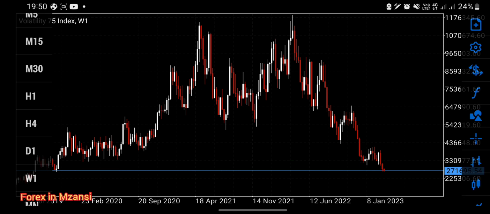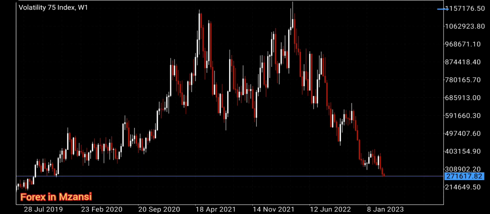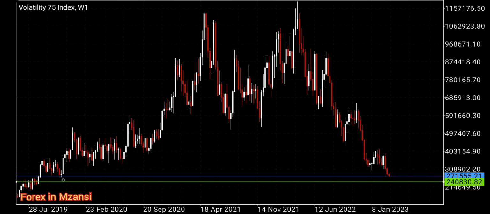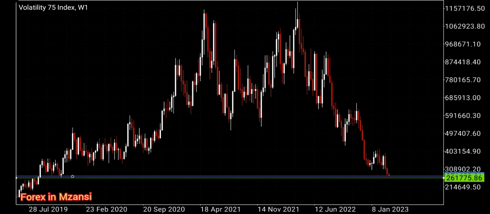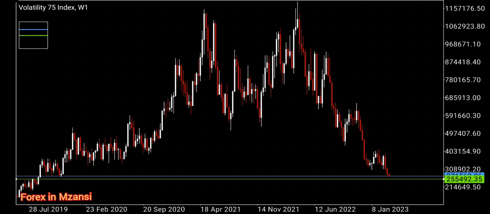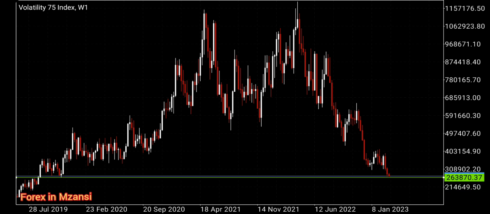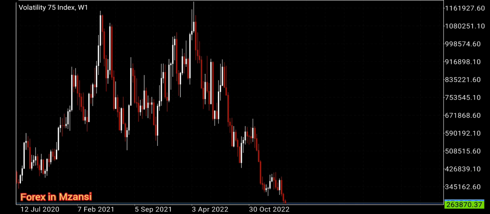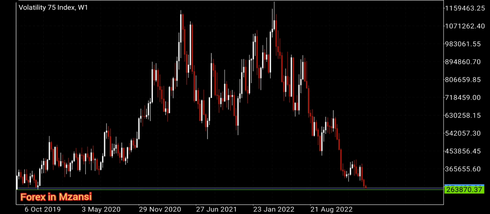I'm trying to make it as accurate as possible. We can just say it ends here, so that we can see if it was broken or not. So it ends there, somewhere there. Let's just move it closer. Yes, it ends there. So that's our support. Basically, I'm taking this point here. So that's our support, and you can see here currently we haven't moved lower than that, meaning we haven't broken